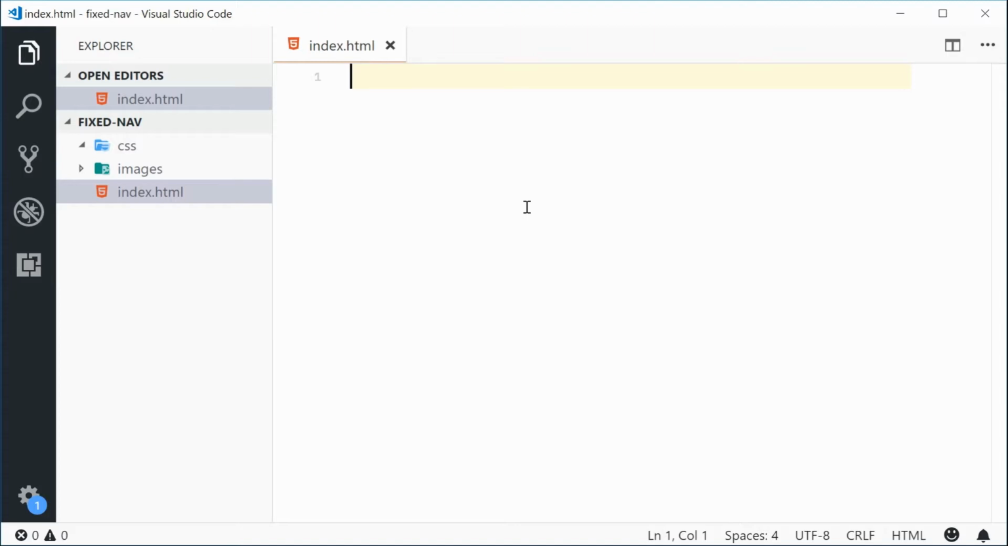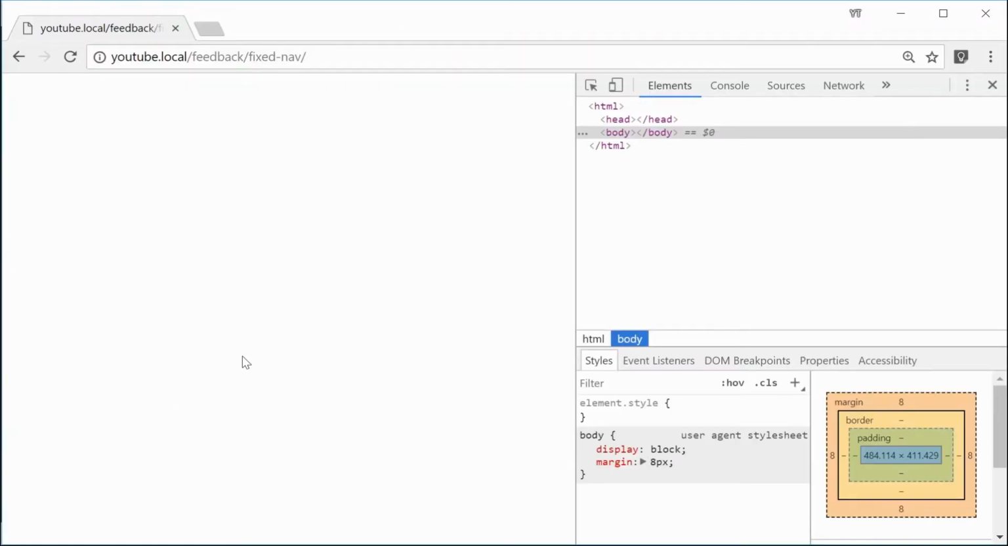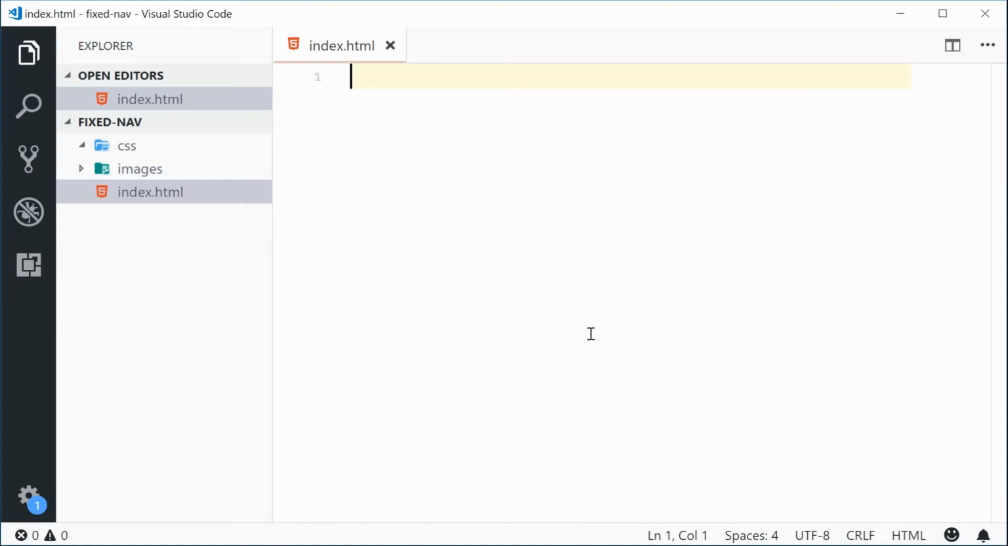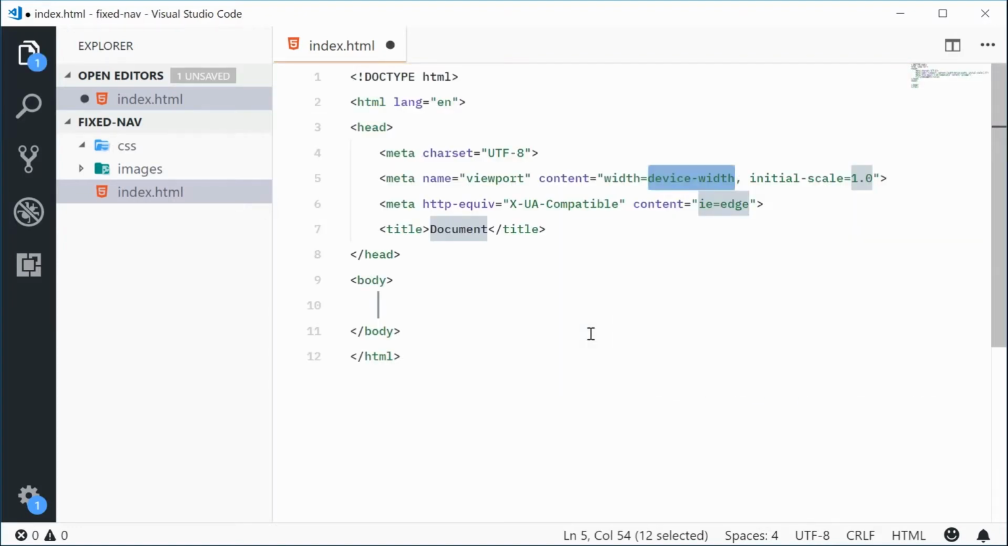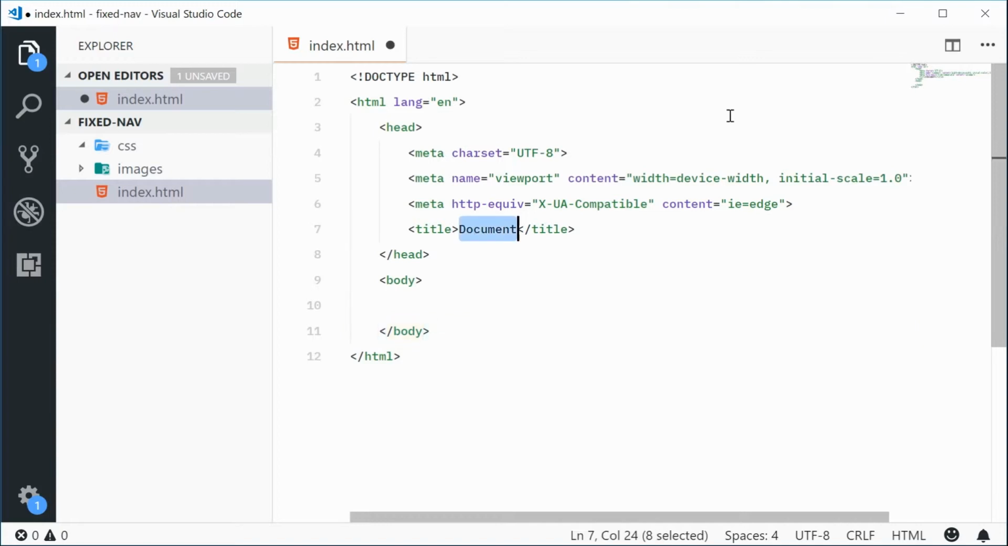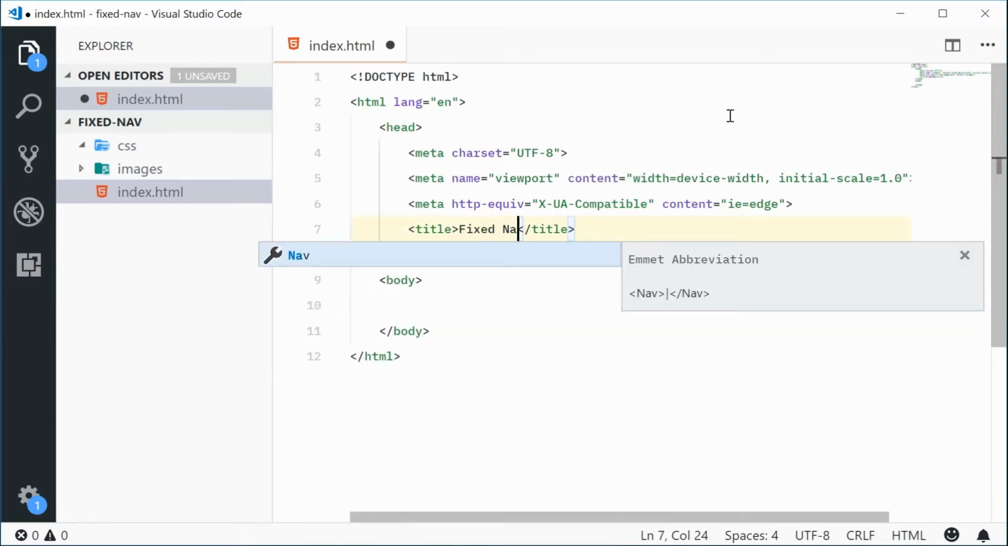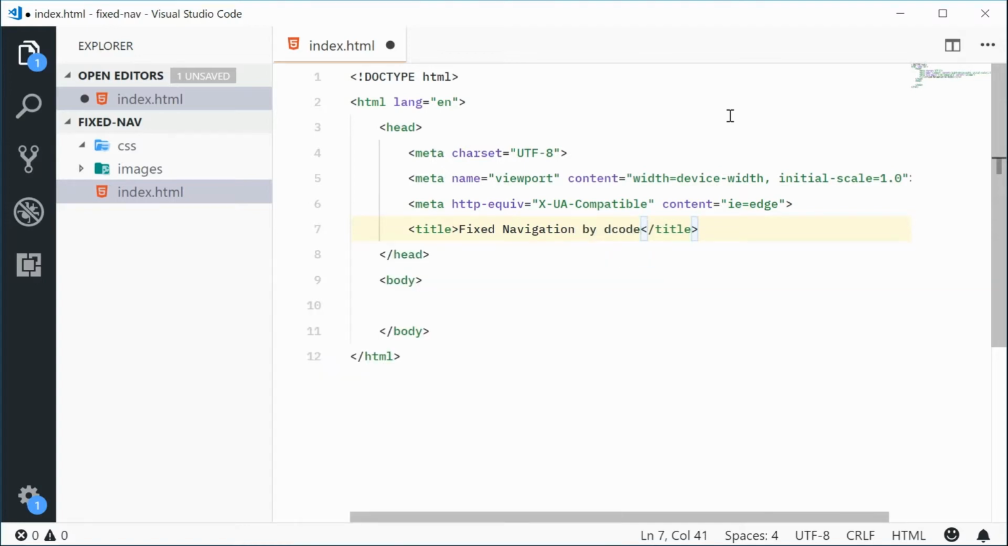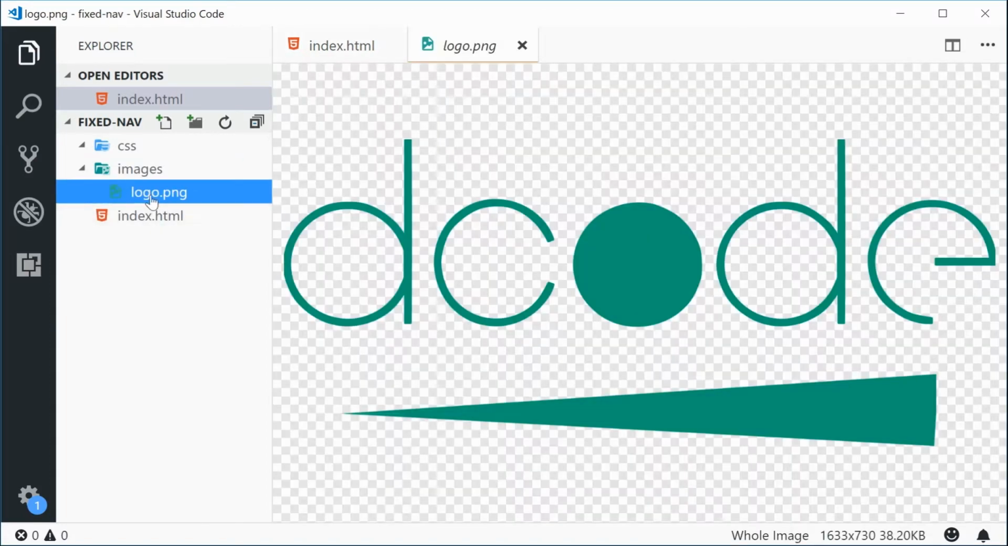So let's begin this. I've got this index HTML file here, and I've also got in the browser the current state of this HTML document. We have nothing. So let's actually create some HTML. Let's get a basic HTML5 template happening. Now with this, I'm actually going to use a flexbox. So I'm going to have basically two child elements of the body, a nav and a main. And then from there, we're going to use the flexbox to actually lay it out like a fixed navigation setup. So let's give a title of something like fixed navigation by Decode. Okay. Now I've also just got an images directory here, with a logo of Decode, and also